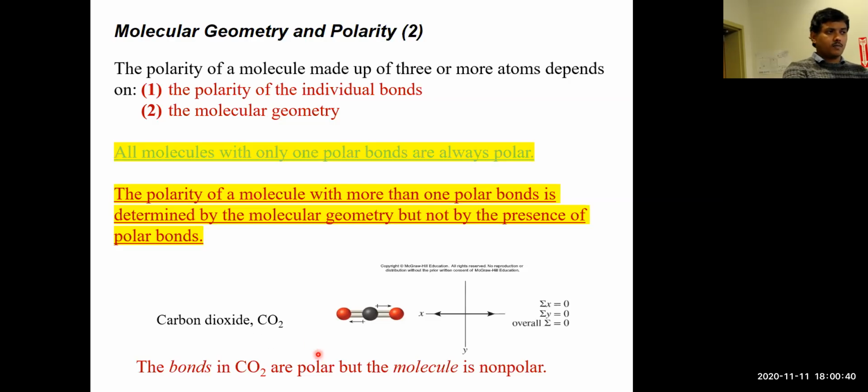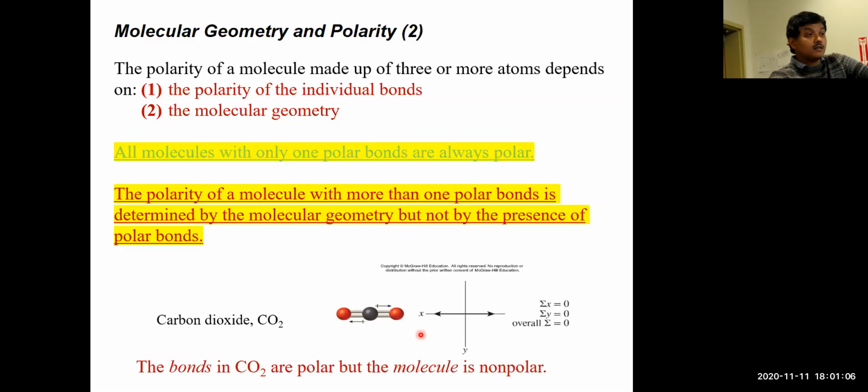Let's look at the example of carbon dioxide for that. In this example, you have carbon in the middle and oxygen on both sides. You can see the similarity, right? The molecule looks symmetrical. It has two oxygens on two opposite sides, and it has linear geometry because it has two electron domains around carbon. So it has linear geometry. They are separated by